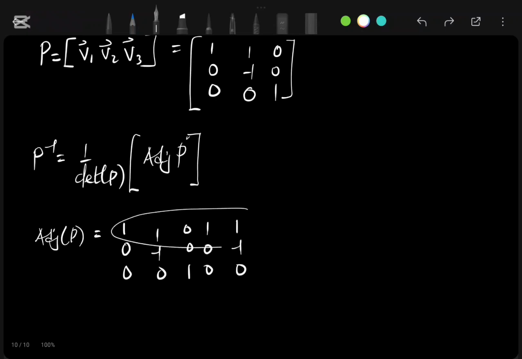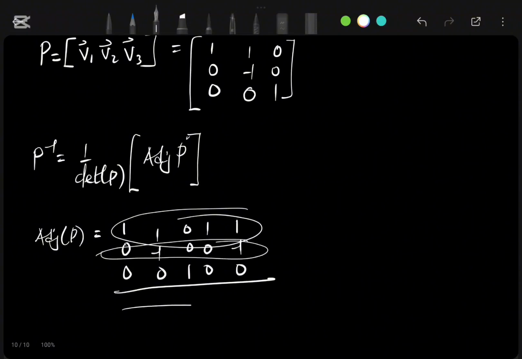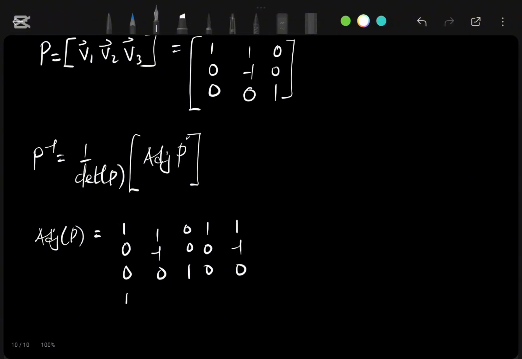So this row for the elements here and this row for the elements here. We have 1, 1, 0, 1, 1, 0, minus 1, 0, 0, minus 1. Now you cross these elements out and then you do your 2 by 2 multiplication. So to get our matrix,